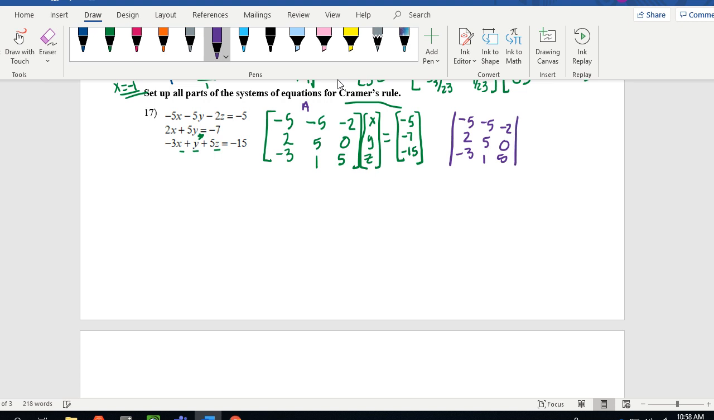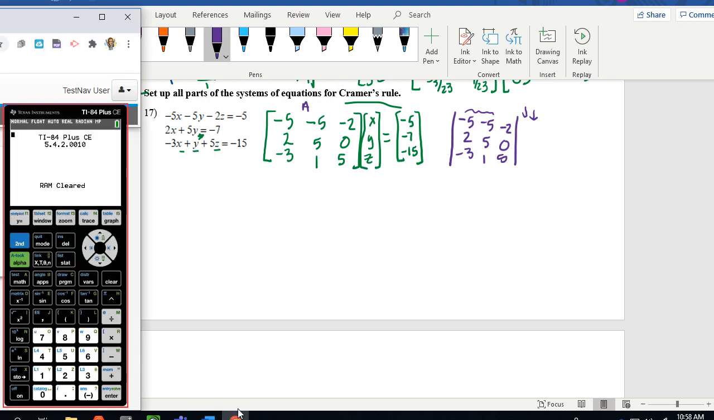Okay, now at this point, you have a choice to do it by hand and do the 2 rows right here, repeating these first 2 columns and do it all by hand, or we can grab a calculator. If you go to second matrix and edit, you can put this matrix in. So number 1, I'm going to do this in A. I'm going to do a 3 by 3, and I'm going to enter